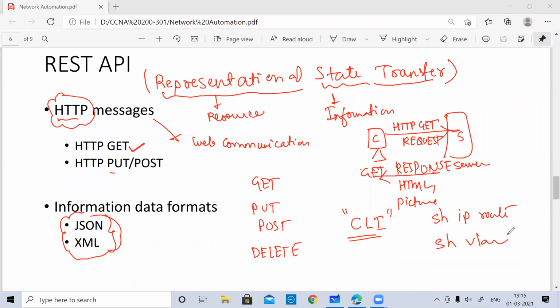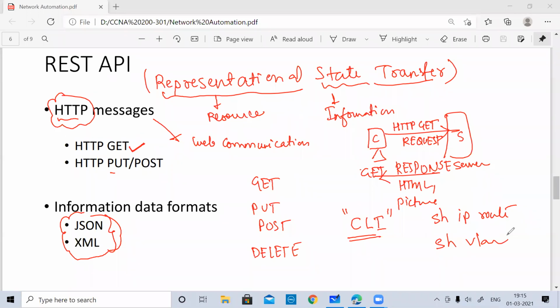But that format is not going to be supported when you write a script, when you want to pass some configuration information or some information to retrieve a list, let's say show VLAN. It will not be understood in the same manner as when we run it on our CLI.